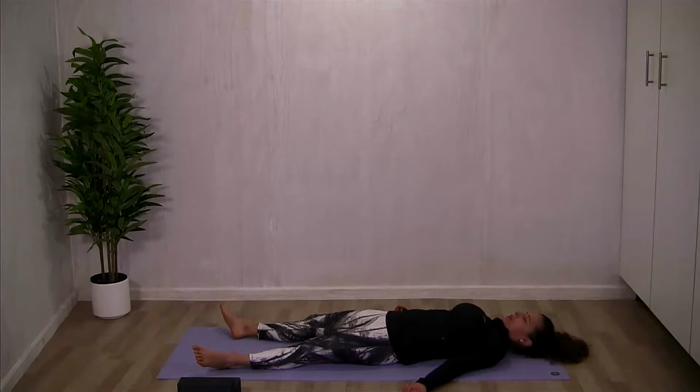Take a big breath in, and on an exhale, rotate your head to the left. Inhale, come back to the center line. Exhale, rotate to the right. You're going to do that 2 or 3 more times in your own time, playing with the breath pattern and